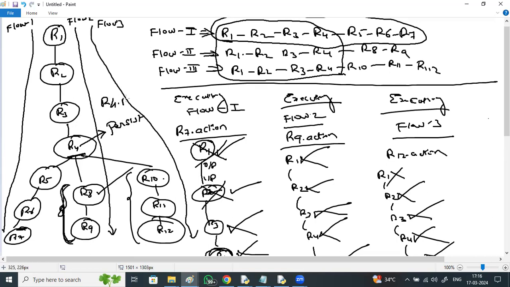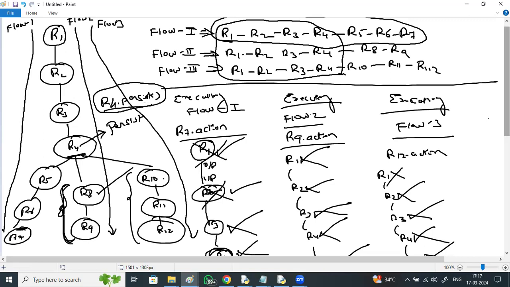You will say R4 dot persist. What do you mean by persist? Making the RTD available in the RAM. Even though the next RTD is ready, don't remove this RTD from the RAM. Make this RTD always available in the RAM, so that if you execute any number of flows, it is ready to give its output to the different flows, decreasing the steps. Now R4 is persisted, right?